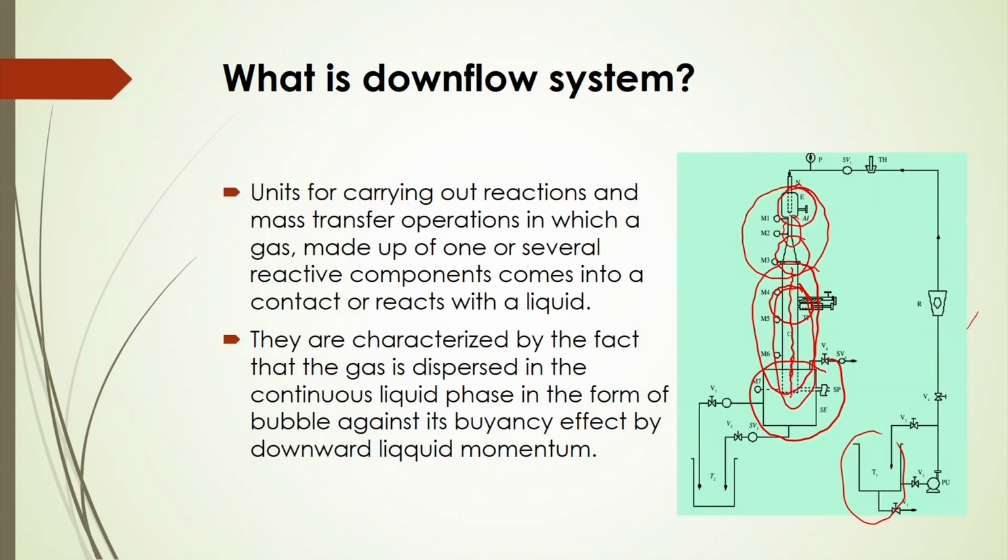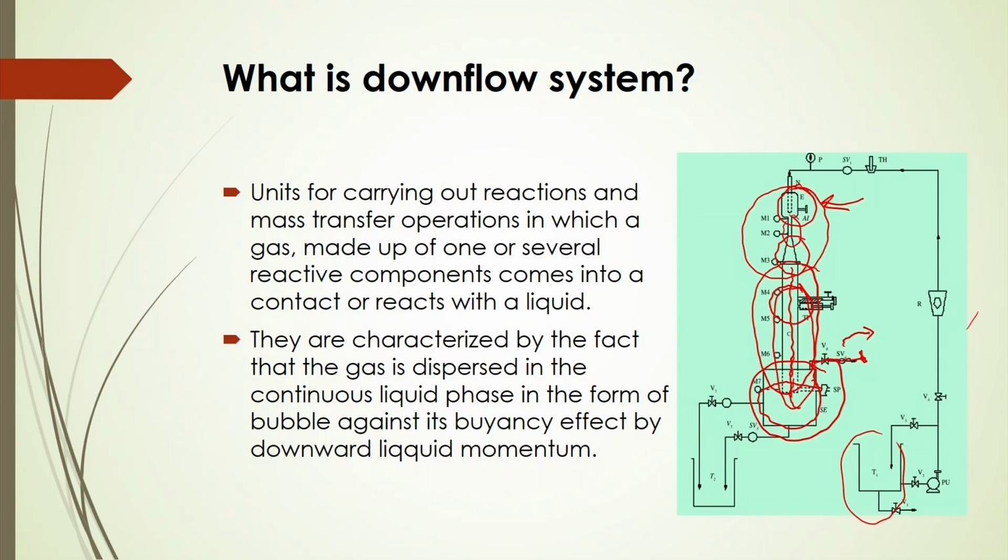Whenever the liquid comes out carrying the gas bubbles downward, it is separated in a separator, and from the separator the gas comes out through these sections. So, the gas comes in at these sections and goes out at this section, while the liquid comes into the unit as a liquid jet, plunges into the pool of liquid in the contactor, where a dispersed phase of bubbles is formed and carried downward by the downward liquid movement.